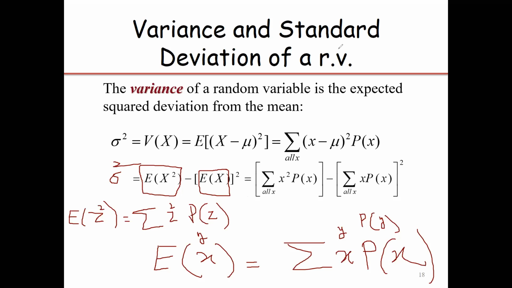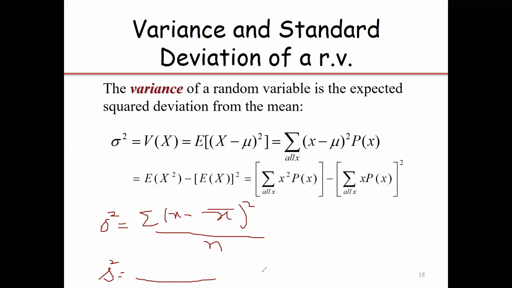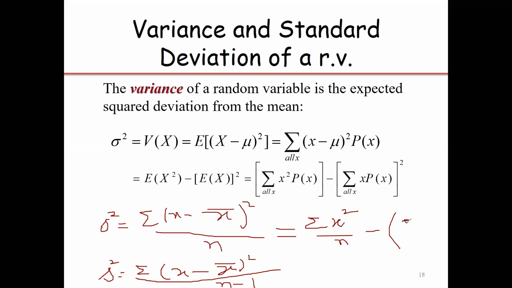Sir, I will explain the formula of variance again. From what I studied at the elementary level, if it is a sample variance then we have n-1 in the denominator, and the numerator is the same for both of them: x minus mean whole square, divided by n-1. These are the unexpanded form of the variance. If I expand this formula, then this will become summation x square upon n minus summation x upon n whole square.